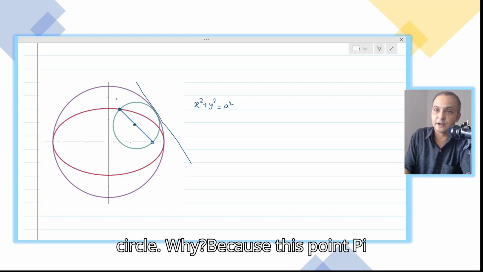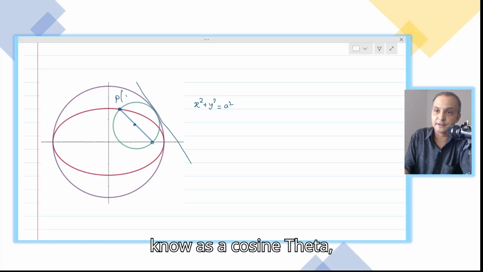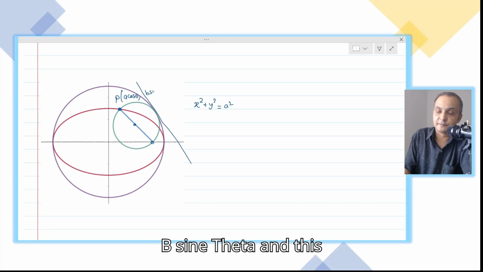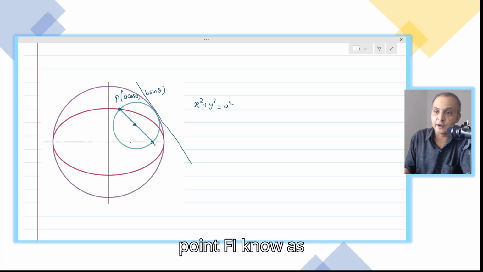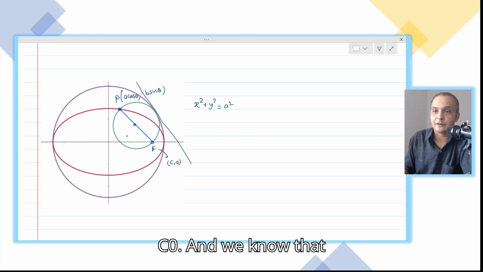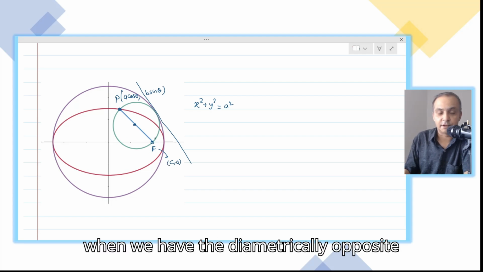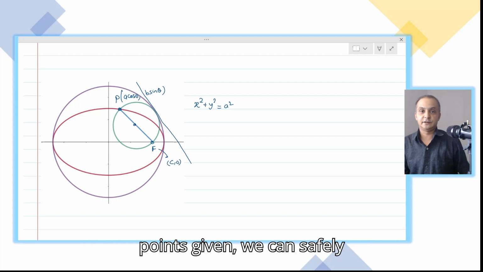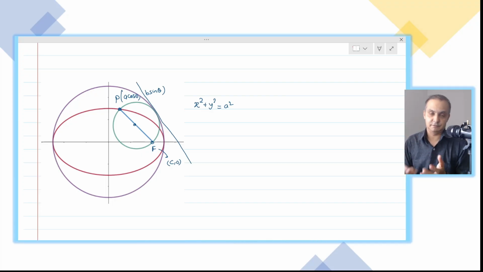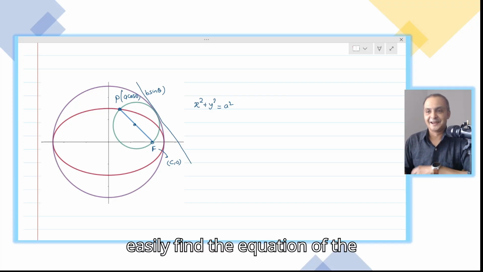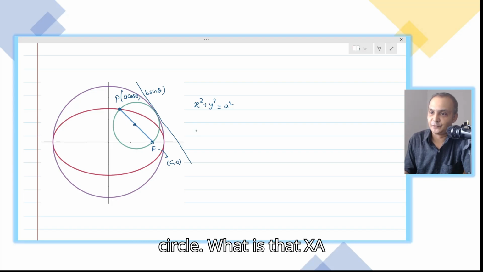Why? Because this point P I know as a cosine theta, comma b sine theta, and this point F I know as c comma 0. And we know that when we have the diametrically opposite points given, we can safely, safely means easily, find the equation of the circle. What is that?